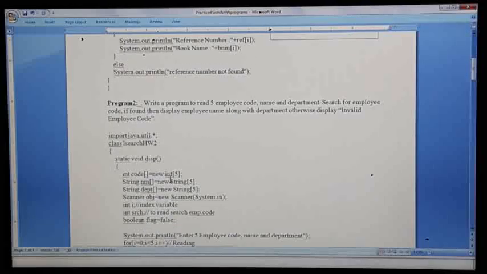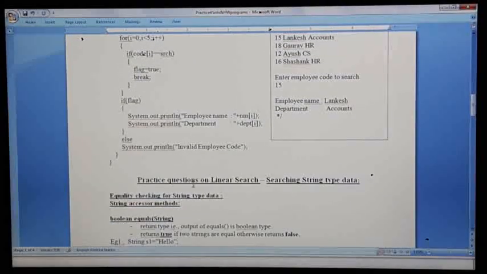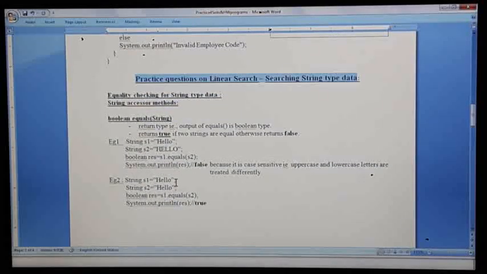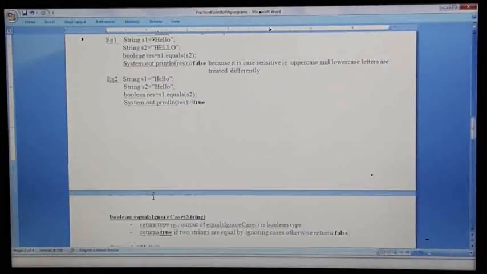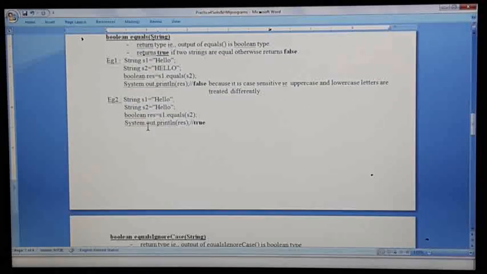The second program also has input and output given. Along with that, today we learned string type searching, and the program I demonstrated, I have given here too. Before that I have given notes on how exactly 2 strings can be compared using the command equals. Please take a printout of this.